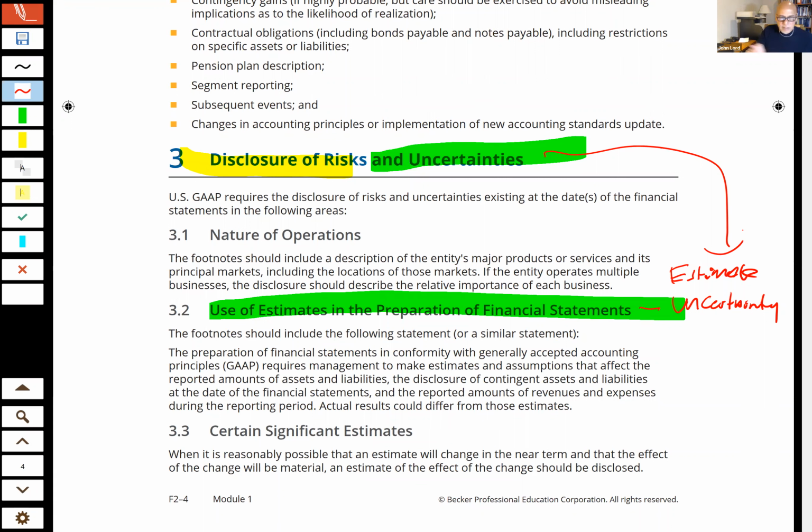We've seen that in the what? Completed contract or percentage of completion method. We were saying what our profit is this year, but there's a chance all that'll be taken away if the contract goes into a loss situation. So we warn that there are estimates, and the estimates may not come to fruition the way we're considering right now.